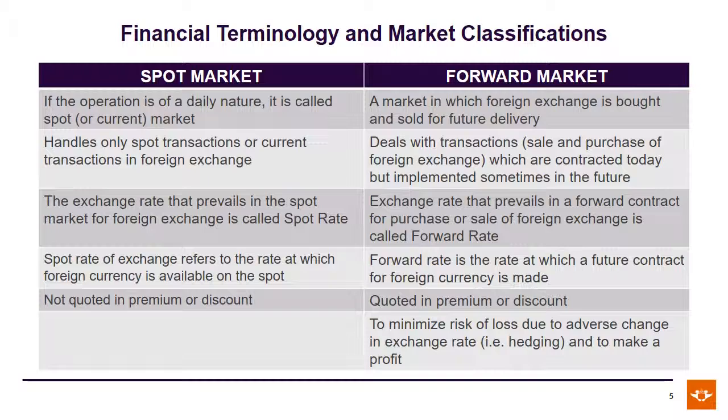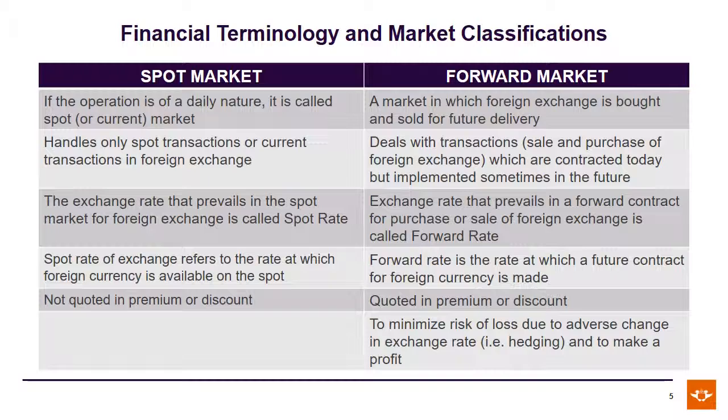Now, the forward market, that's the market in which transactions, their terms, their prices will all be set up today, but the execution of that deal would take place at some point in the future. So if you're looking at foreign exchange, you'd look at buying foreign exchange in 6 months' time. Say you were expecting to import something from America in 6 months' time, you needed dollars, you could buy a forward contract in dollars. And what that means is that you could set up the terms today, so you could lock into an exchange rate today, but you would only take delivery of your dollars in 6 months' time.